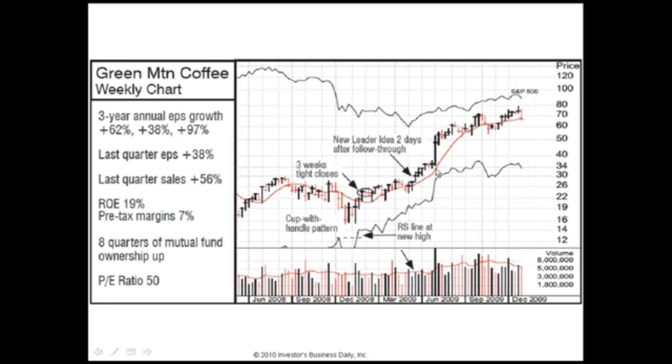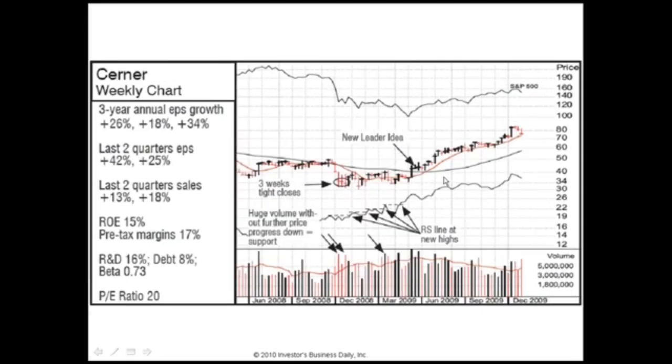Let's look at another stock that we had. These are actual stocks that were put on the service. Now, using the service for an institution is not easy either, because we'll have a lot of names that don't necessarily do anything like this or maybe don't work. So how you use that service is we may have 80 or 100 names between our 2 different books, and each week you look at it, and each week there will probably be 2 or 3 stocks that are exactly at a buy point or very close to a buy point.